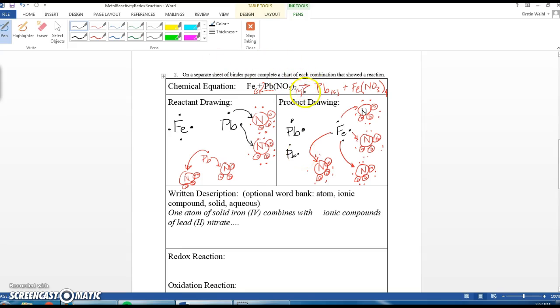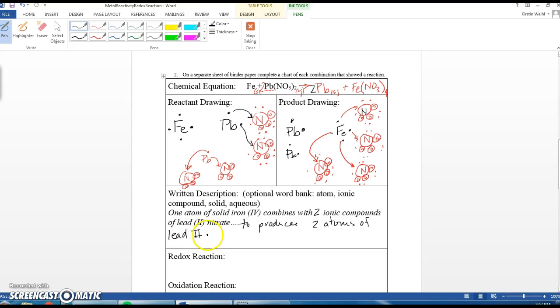In that case, what I would do is I'd place a 2 in front here, and I'd place a 2 in front here because I have 2 sets of Pb(NO3)2. So let's show that in a written description. I have 1 atom of solid iron 4 combines with what looks like 2 ionic compounds of lead 2 nitrate to produce 2 atoms of lead